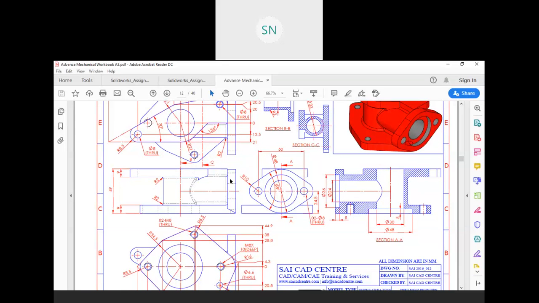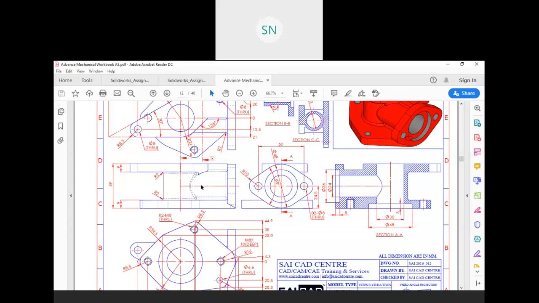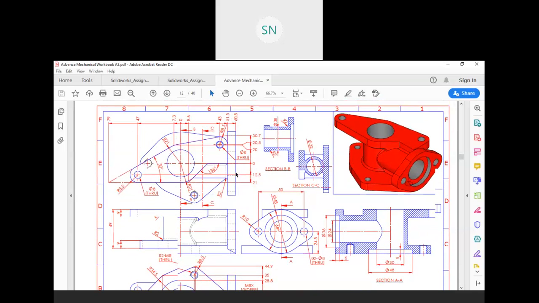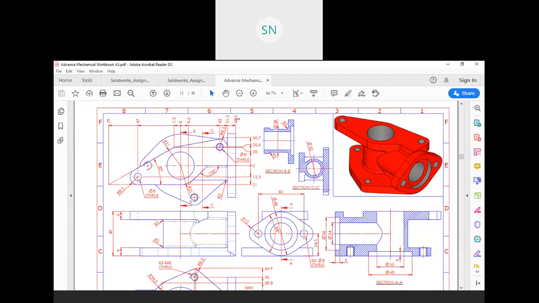And then our horizontal pipe is actually from the center. The horizontal gap from the center is 60.5. So here we need to create one plane.